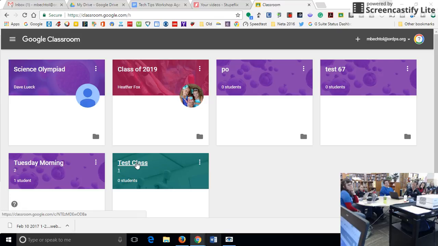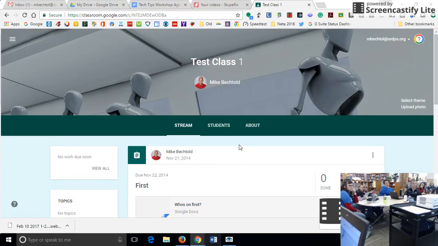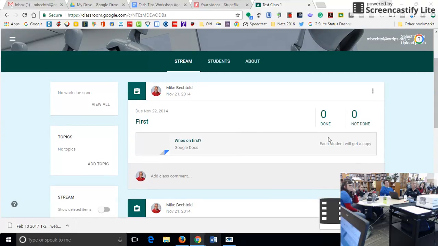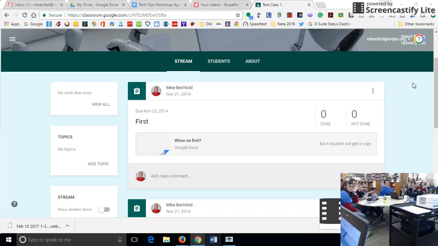Anyway, long story short, once you've created a class, it'll look like this. And all you have to do is, again, I don't do this very often, hover down in this corner and you can create an assignment, create a question for everybody in your class. You can post something, create announcements. Basically, it is an online coursework manager that you can use to manage your students. That's all I have about that. Again, I just want you to know it's there. I'm not going to show you completely how to use it, but it's